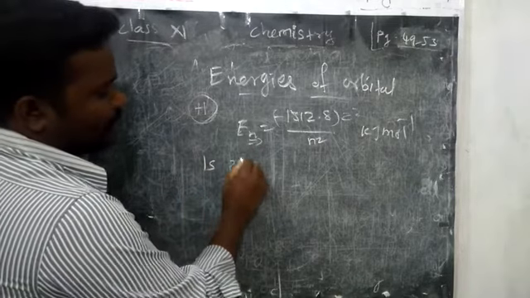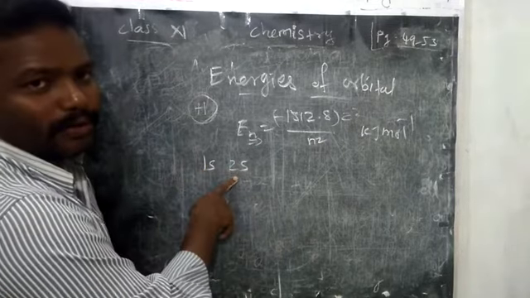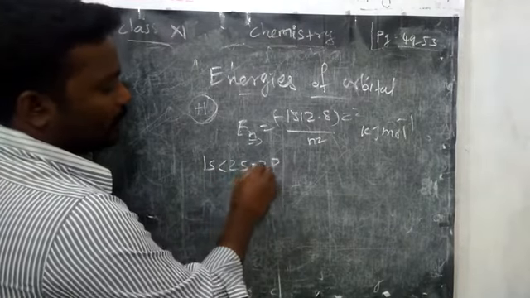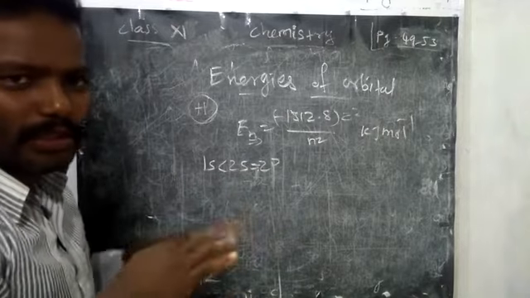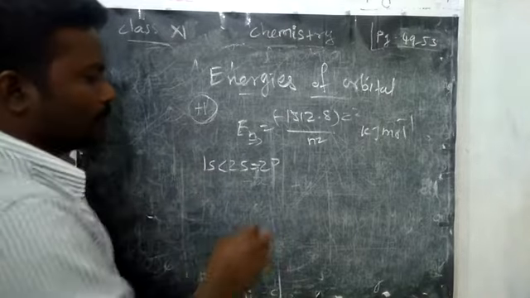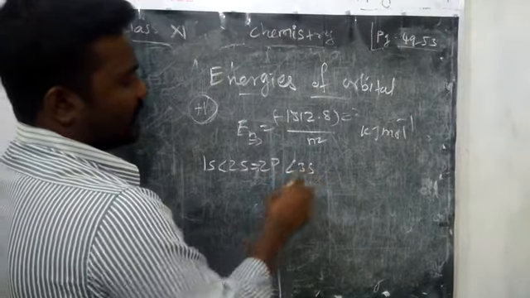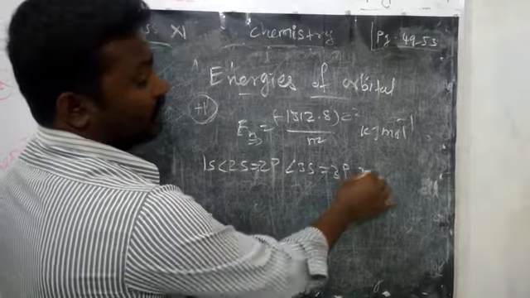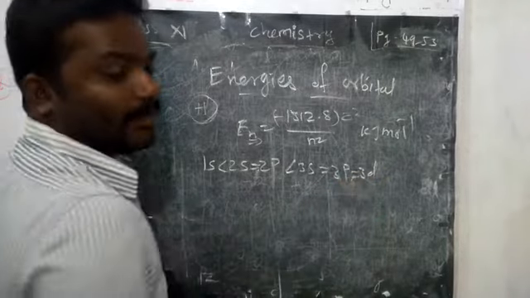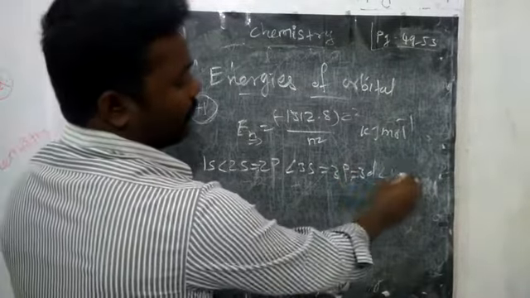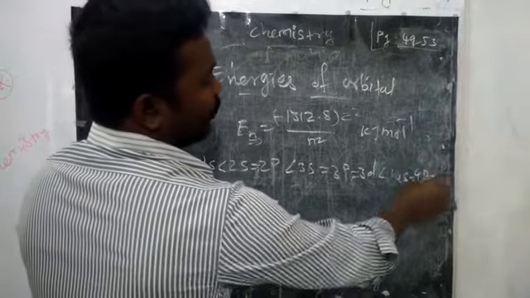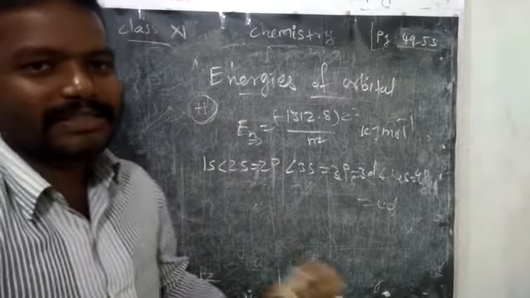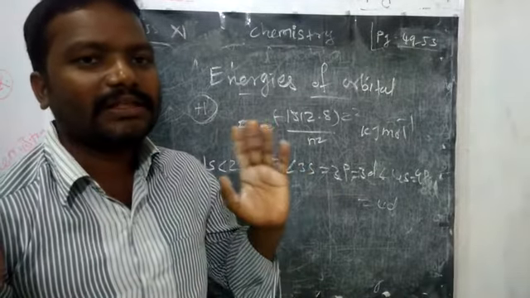How? 1s, then 2s. One value, two value, which is higher? 2. Then 2p. Both are equal in energy level because both have n value 2. Then 3s, higher value, then 3p. We have 3d also. All are in the same equal energy level. Then 4s, 4p, 4d. If you count the numbers, all are the same, so we can say they have the same energy level.